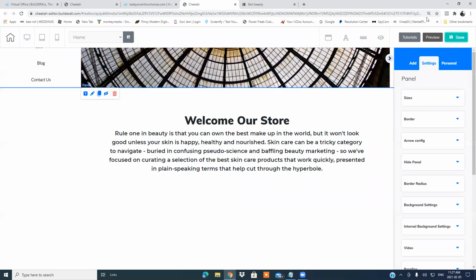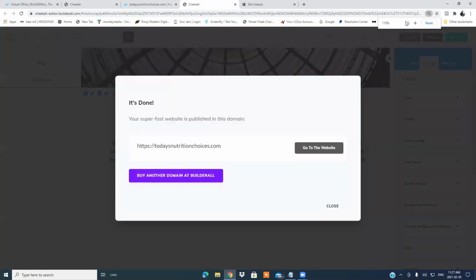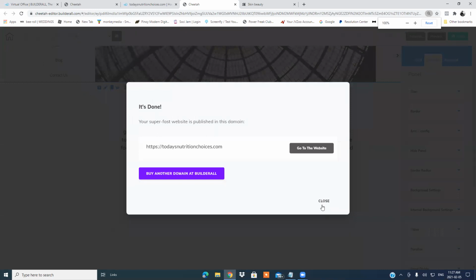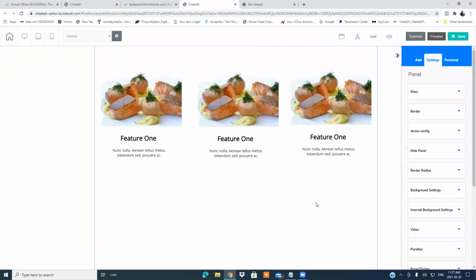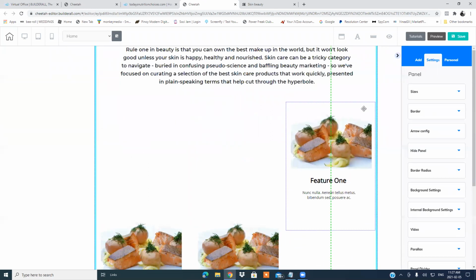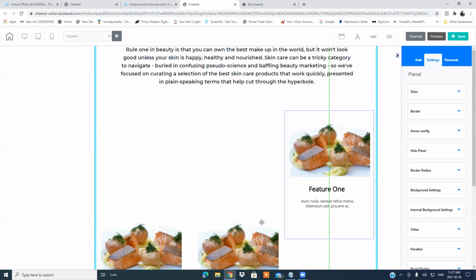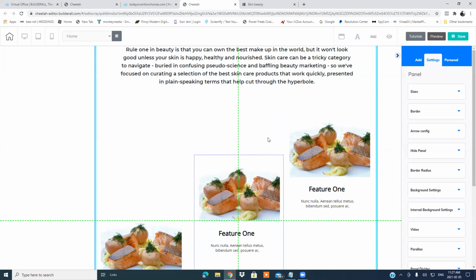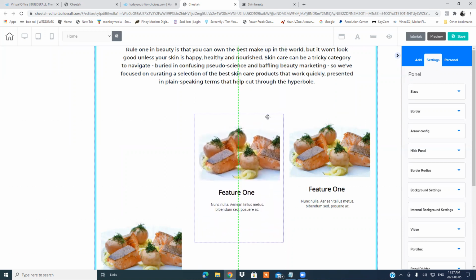I'm just showing you how to do it, right? So, okay, I want to resize my, okay, and I think it's way too much. I'm going to put this back here. All right,